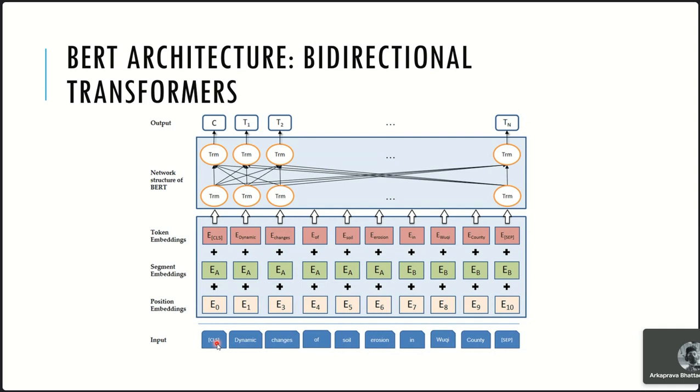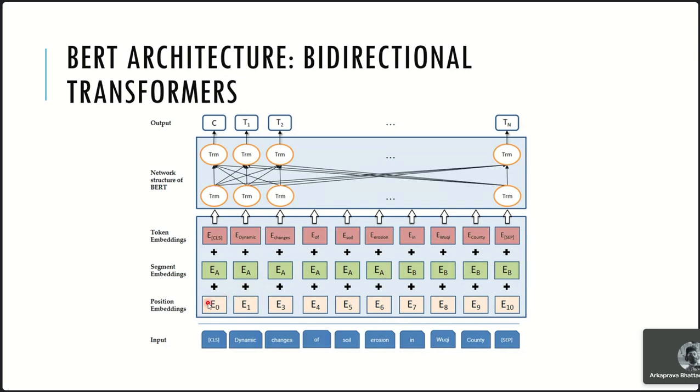For the masked language model, you need to add the classification token for classification. And SEP stands for separation, which is for your NSP, that is next sentence prediction. That means after one sentence, if a separation token comes, the next sentence is the next sentence in the sequence. So these two tokens will automatically be added with your BERT